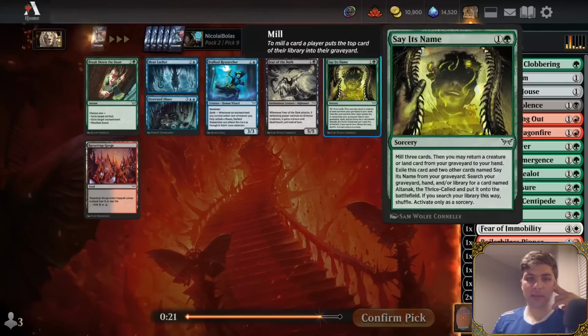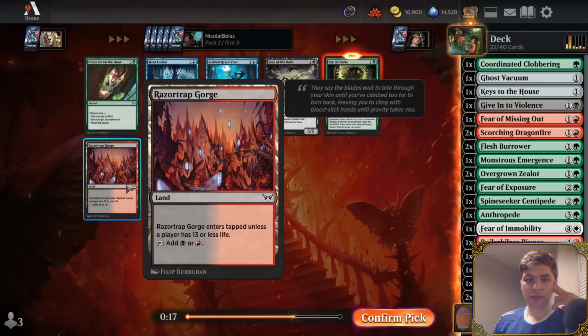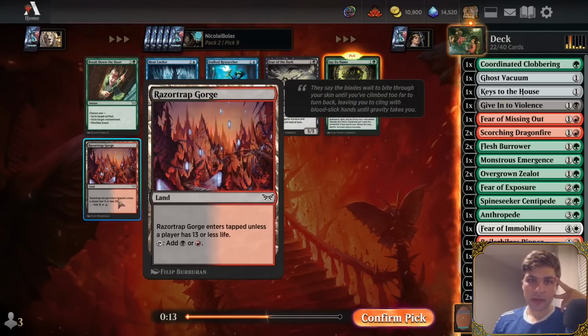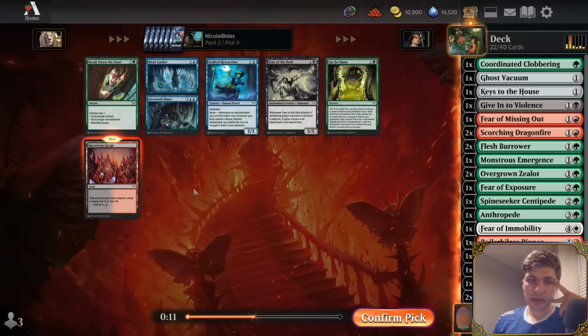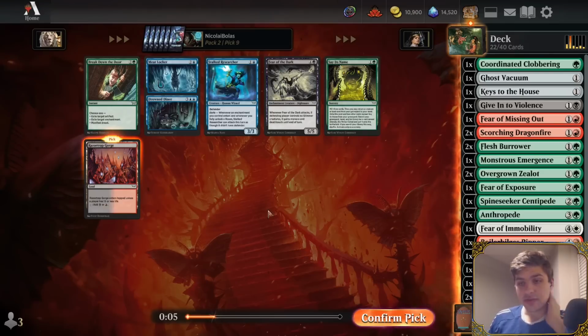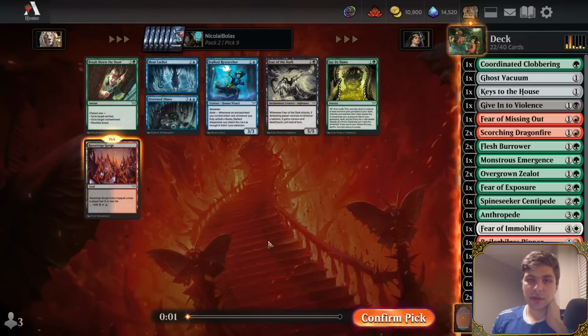There's another Say Its Name. I'll take the Say Its Name now over the Razorgrass Gorge. Though this does make a black splash really easy. Yeah, I'll take the Razorgrass Gorge, I guess. If I do get a black card, I have like 5 free sources now, so it's very easy to splash a black card. Even something like this, if I really felt like I needed it, which I don't, but...